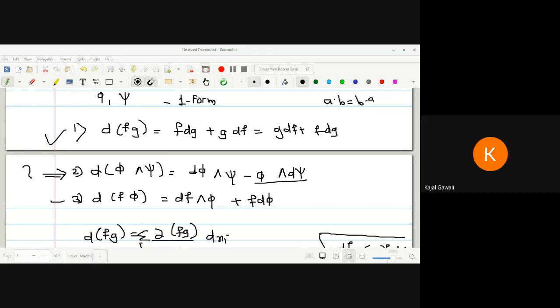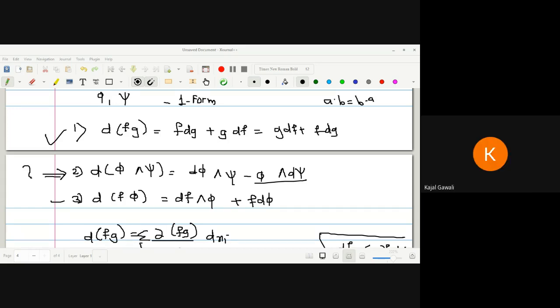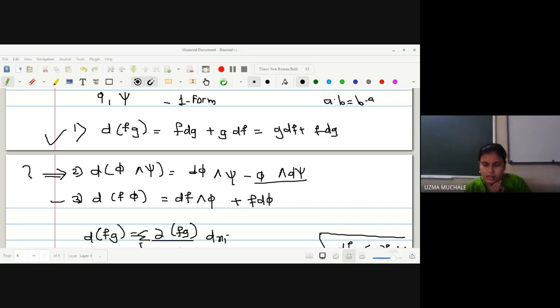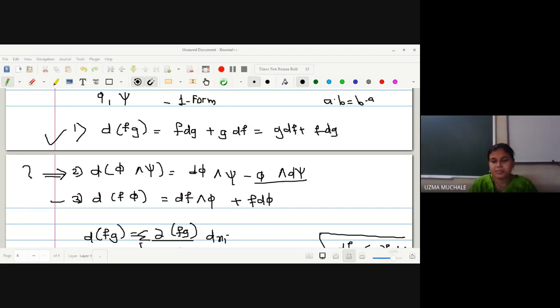Ma'am, is phi a two form or three form? The exterior derivative, double derivative is 0. Phi is a one form, so we have proved d squared phi is 0. Yes, what is your question? For two form or three form, will the double derivative also be 0? That we have to see, because if phi is a one form, then d squared phi is already 0, and that is a very lengthy procedure to evaluate. No doubt I think it is also 0.